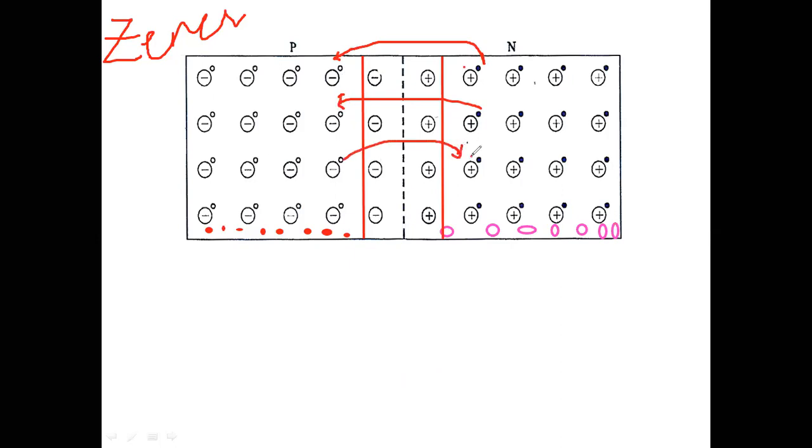So what eventually happens is, the negative charge here will oppose the electrons moving towards n side. Likewise, the holes